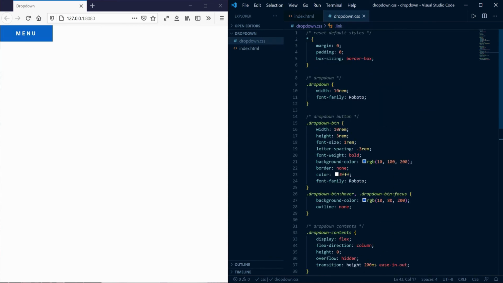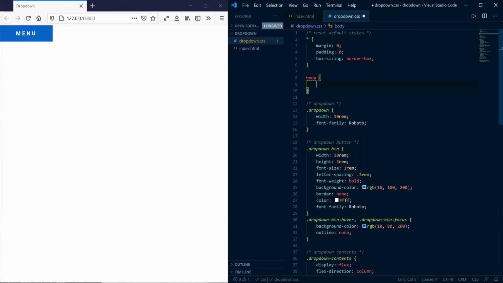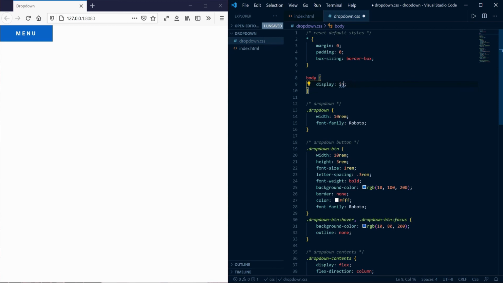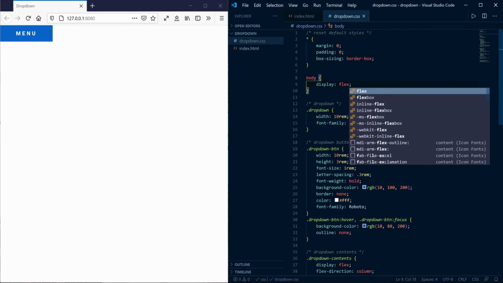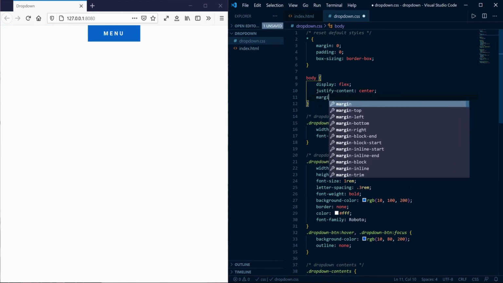Let's arrange position of our drop-down. Select body and set display to flex. Set justify content to center our drop-down horizontally.